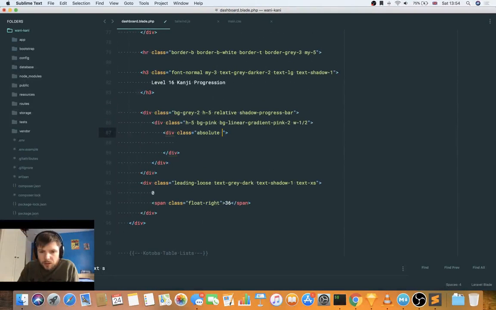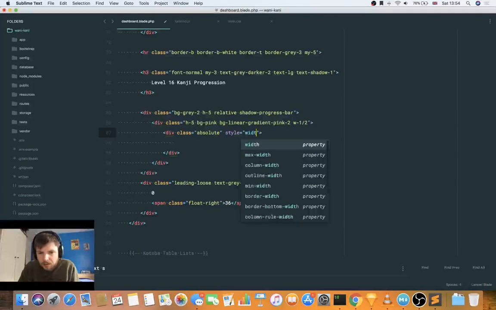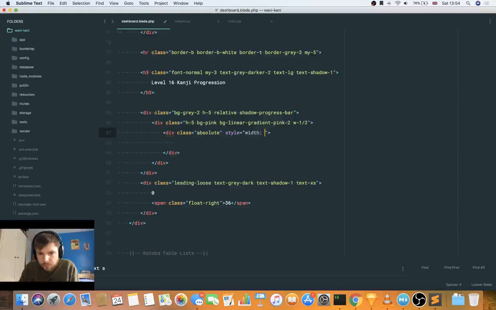So we can't really create utility classes for every single possible percentage value, so we'll stick it just in a style tag. So absolute